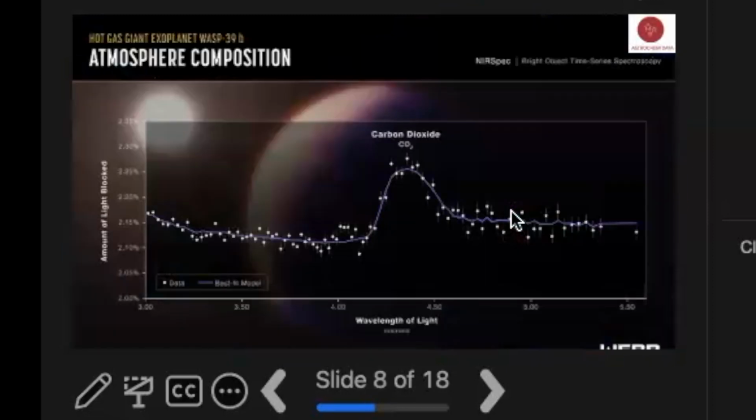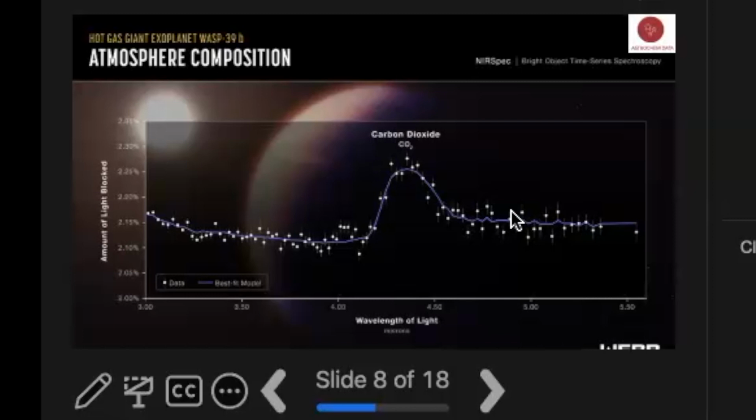So for example, this is a hot Jupiter exoplanet. We've got a wavelength, we've got the amount of light absorbed. Carbon dioxide would have been done with an ExoMol line list. There's actually a little peak on the left there, that's sulfur dioxide, that would have been done with an ExoMol line list. And there's also another peak that you can't see here, but we don't know what it is. And my student later is going to tell you about how we're helping figure out what it is.